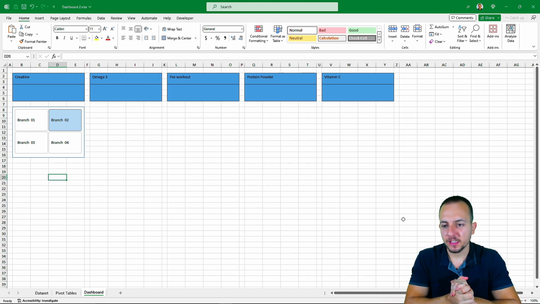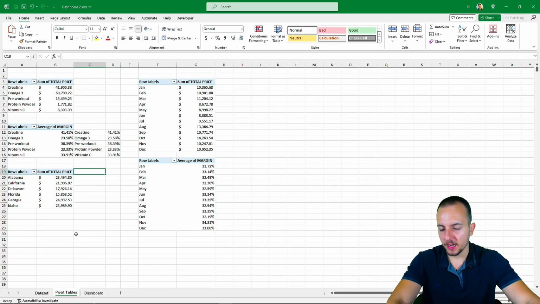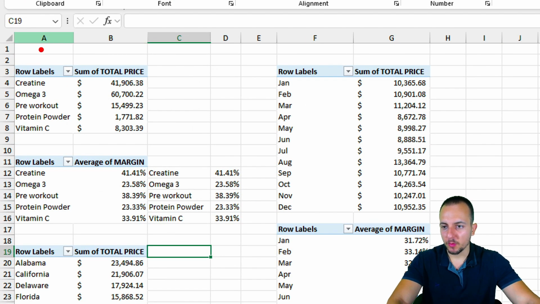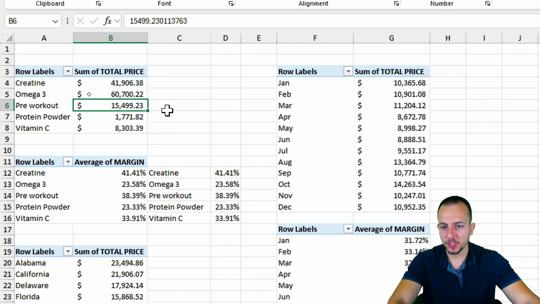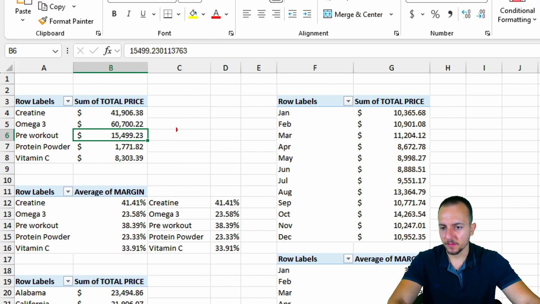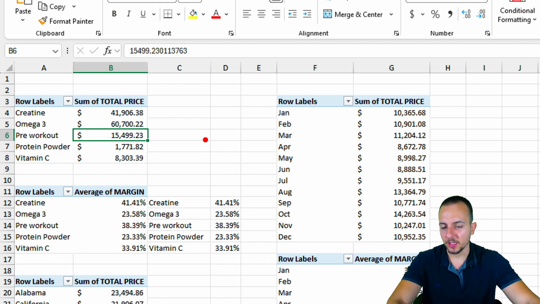Now it's time to create the charts that we're gonna use. So let's go back to the pivot tables, and we're gonna create the charts from the pivot tables. The first chart that I want to start with is using the first pivot table. Just click in the pivot table, and as we have here the products and the values, basically we are comparing against each other each one of the products. And that way I can see what is the product that sold the most